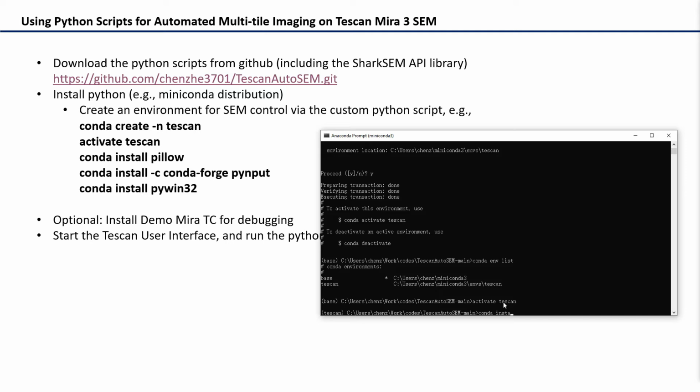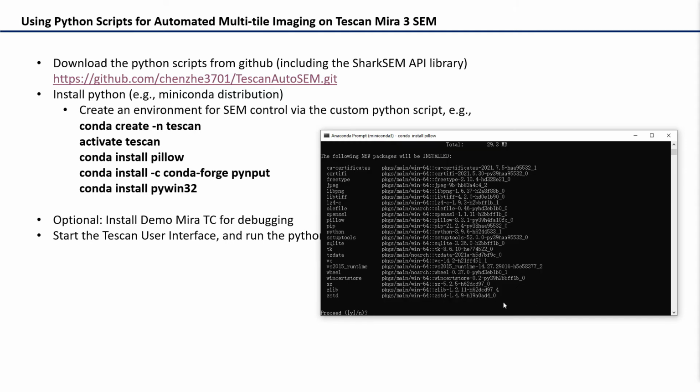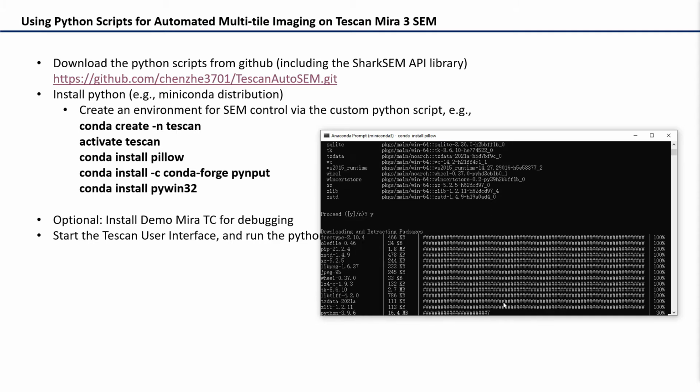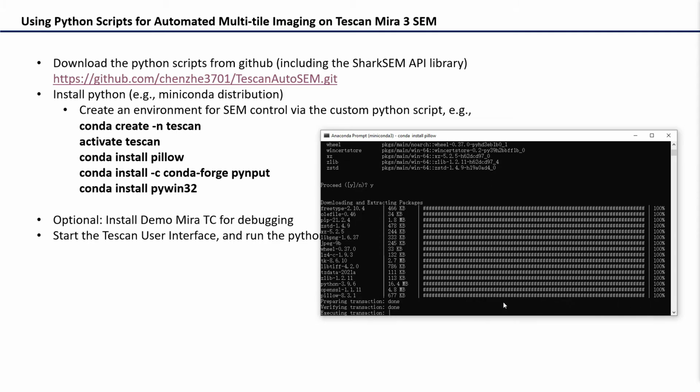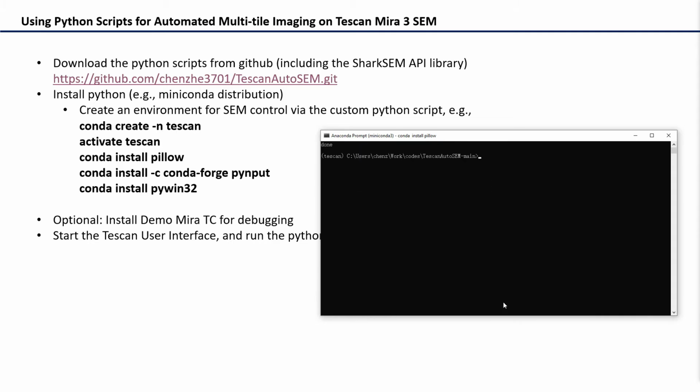install all these packages that are required. Now the second package, we install it from the conda-forge channel.